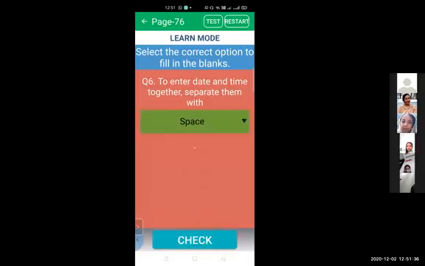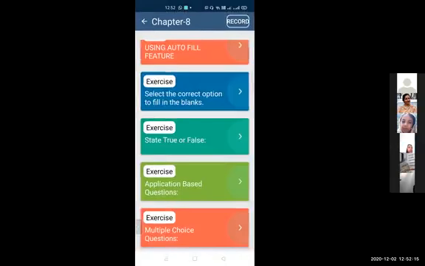Just cross check your answers. I'm going to repeat all the blanks. Please check your answers whether you marked correctly or not. Each one of you pay attention and cross check all your blanks. First blank is format. Second blank is F4. Third blank is Control plus F10. Fourth blank is enter and cancel. There are two blanks given in this statement. In the first blank, you are going to write enter, and in the second blank, you will be writing cancel. All right. Fifth blank is end, and sixth blank is space. All right. Is that all right?